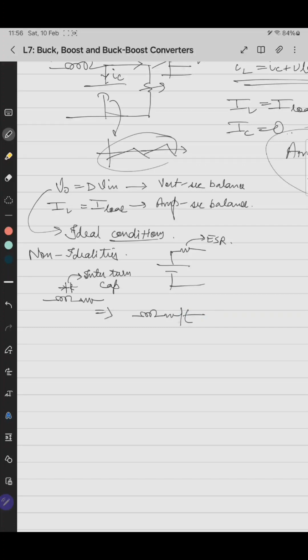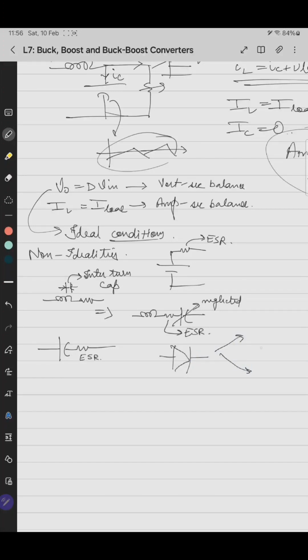As the interturn capacitance is very small, it can be neglected. So the inductor has an inherent equivalent series resistor. Similarly, a capacitor has an ESR. For a diode, it has a